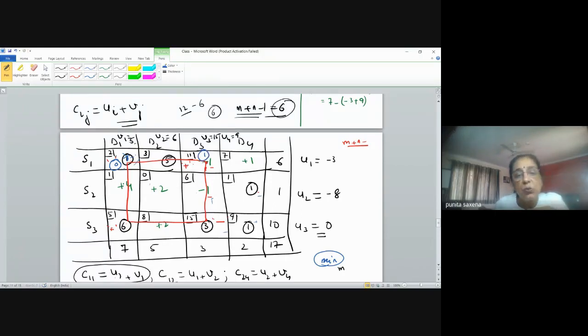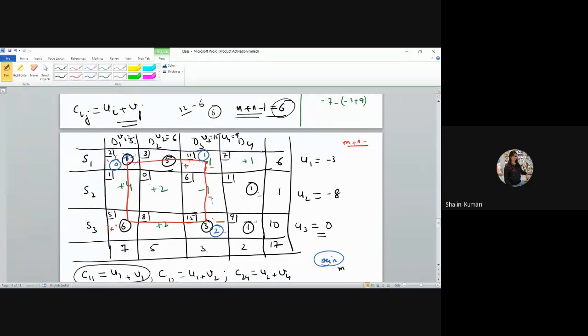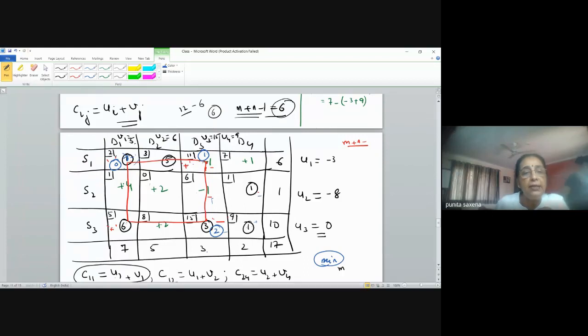But since this was with a negative sign, we subtract 1 from here and you get 2. Now you see the total allocation in this column remains 3. The total allocation in this row remains 6. But you have removed one basic cell and you have incorporated another non-basic cell. Now it was to be added here, one unit to be added. Yes, tell me. So it becomes 7.